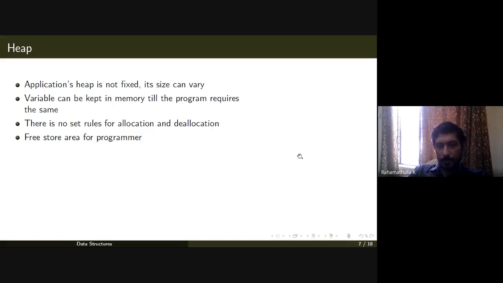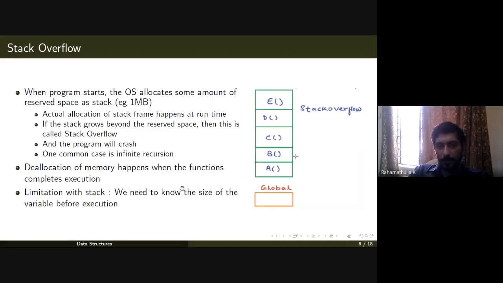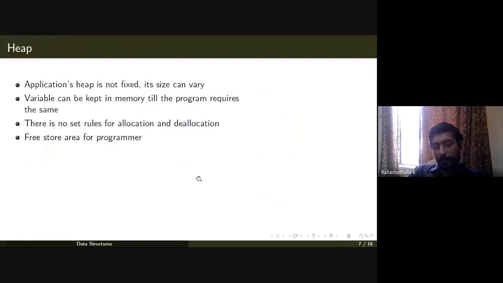So in the previous slide, we have seen that the deallocation of memory happens when the function completes its execution. But in case of heap memory, even if you have created a variable from inside a function, you can clear that variable before the completion of the function, and you can also keep that variable inside the memory after the completion of that function.